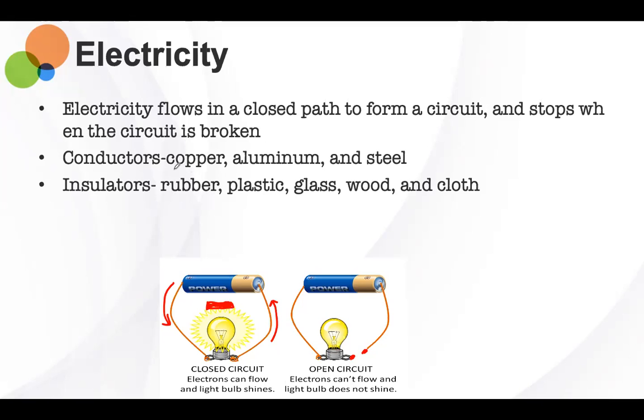Right? You'll find copper mostly in wires, right? Because they have a lot of conductive material, right? And they are good conductors of electricity, right? And they provide little resistance to electric flow. So they're good for wires, long distance